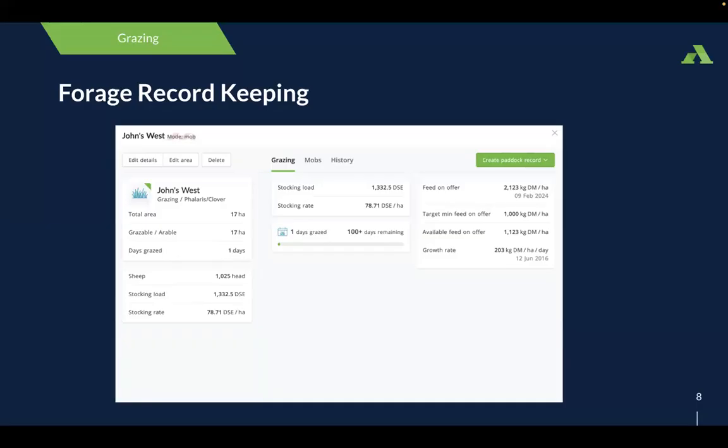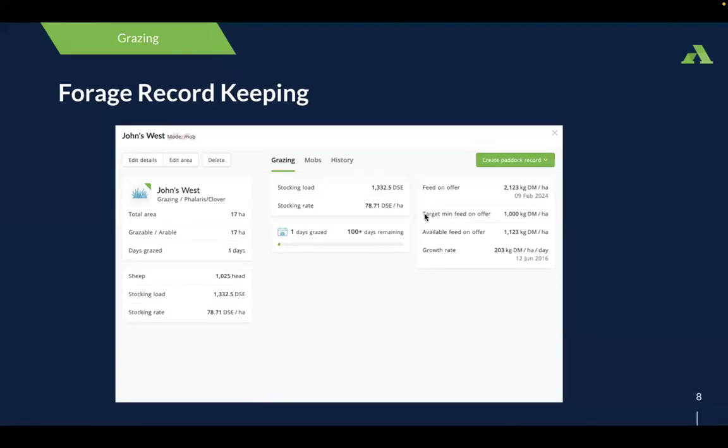So this is pretty straightforward, and this is just an example of what the paddock dialog that you have when you click on a paddock in a map would look like if you were to upgrade to performance or using the performance plan. So we have 3 additional records, and we can see on the right-hand side of the dialog here, we have feed on offer, which is a new record, which populates on the paddock dialog. We have the target minimum feed on offer. We default that to 1,000 kilos, but then you can update that at any time based on the minimum feed you want to remain in the paddock after grazing, and that's what helps drive days remaining and your available feed